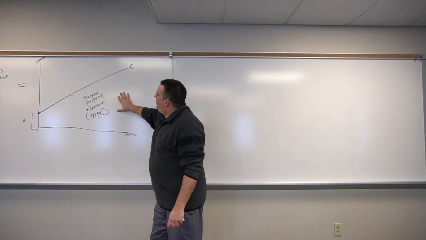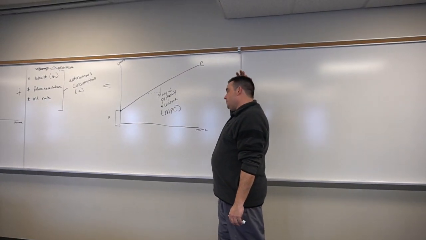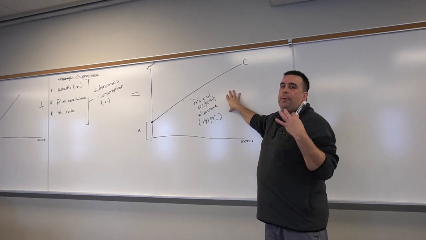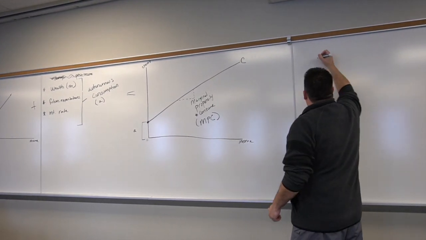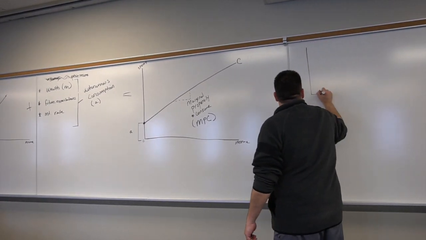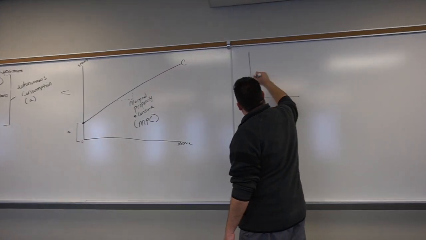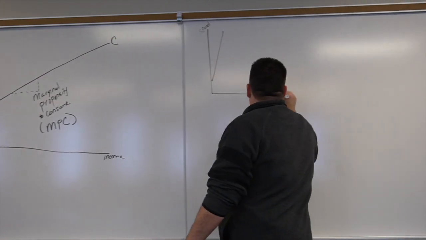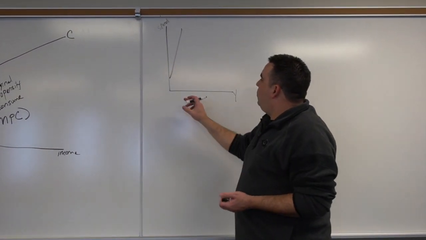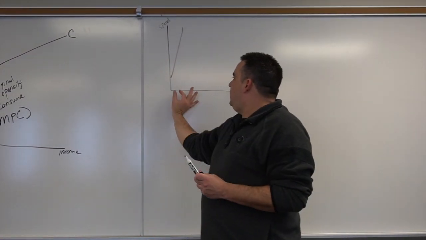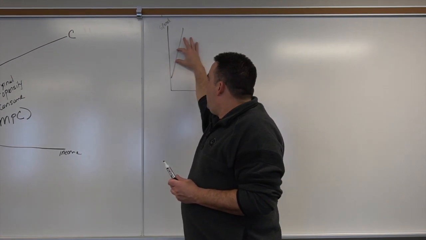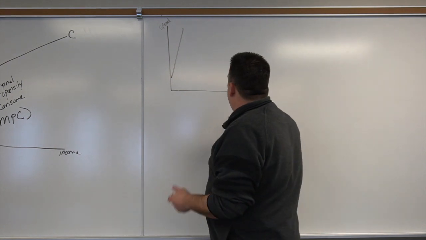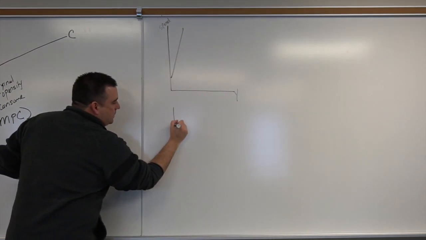So we have this marginal propensity to consume, which is effectively the slope. And in reality, slope matters in this model. For example, we always know it's going to slope upward, but if you have a really steep slope, I'm just going to call that y for right now, effectively what this is telling us is that really small changes in income have really dramatic impacts on spending. Conversely, if you have a really flat slope,